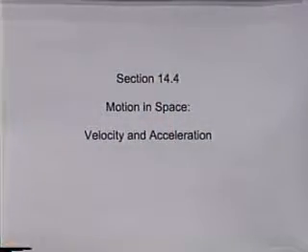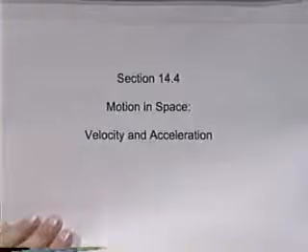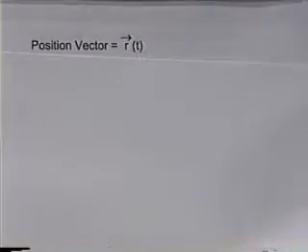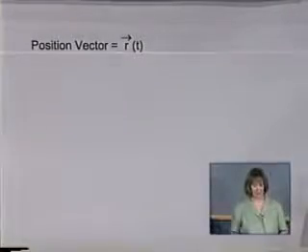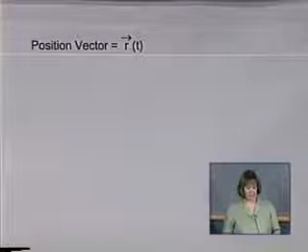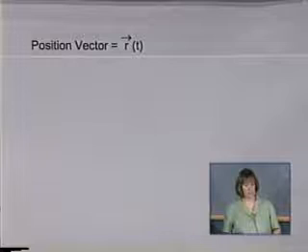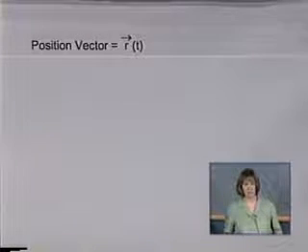Why, hello everybody. Let's start with section 14.4, which deals with motion in space, velocity, and acceleration. So the first thing I want to do is define a few vectors for you. The first one is the position vector, which you already have had, r of t. We're assuming right now that we're in three-dimensional space, but you also could be in two-dimensional, in which case your vector would just have an x component and a y component,